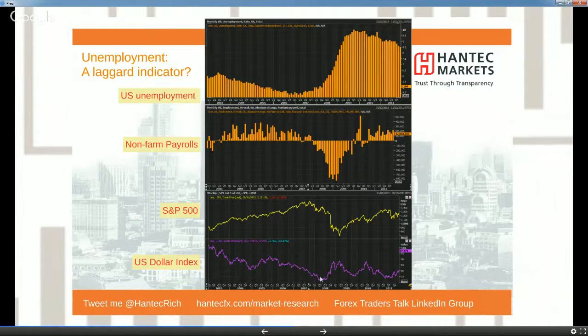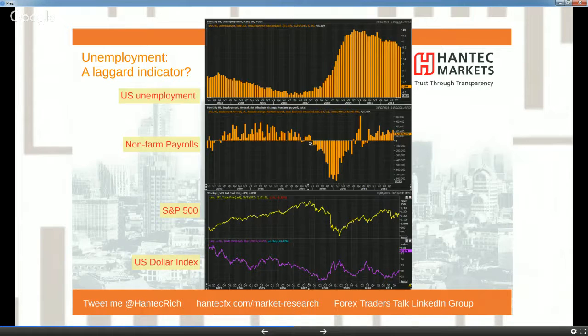Now, we did see the dollar weakening through that, but as payrolls accelerated lower, we started to see the dollar strengthening, and you could argue that maybe that was a safe haven trade, because that was in the midst of the financial crisis, and obviously markets around the world were plummeting, and they were seeing the dollar as a safe haven. But it's interesting that we saw the stock markets peaking out well before, well after the payrolls started to go negative for the first time.